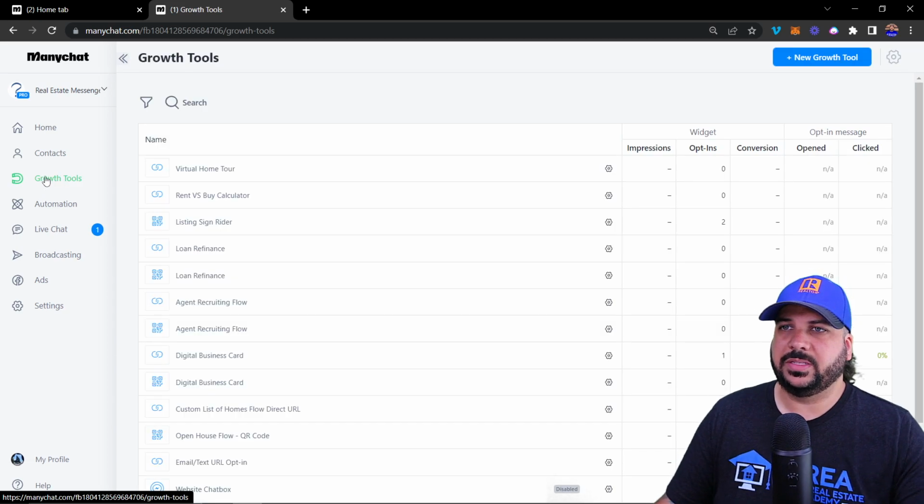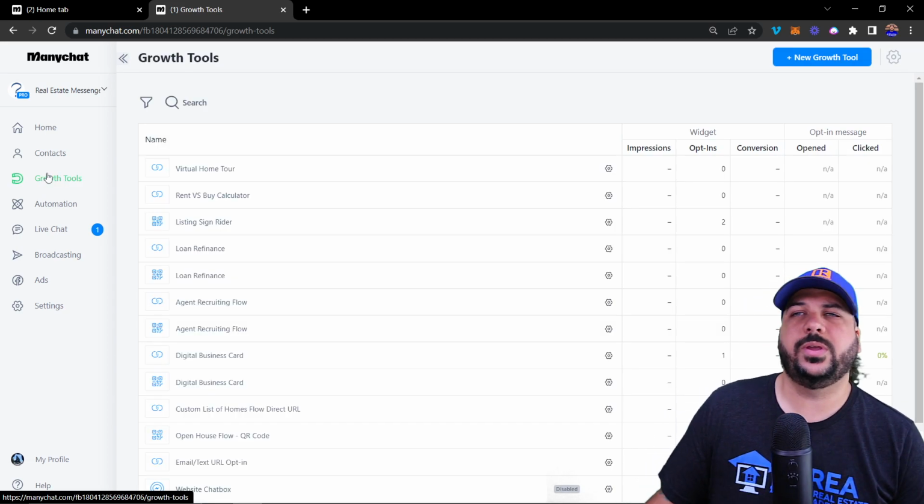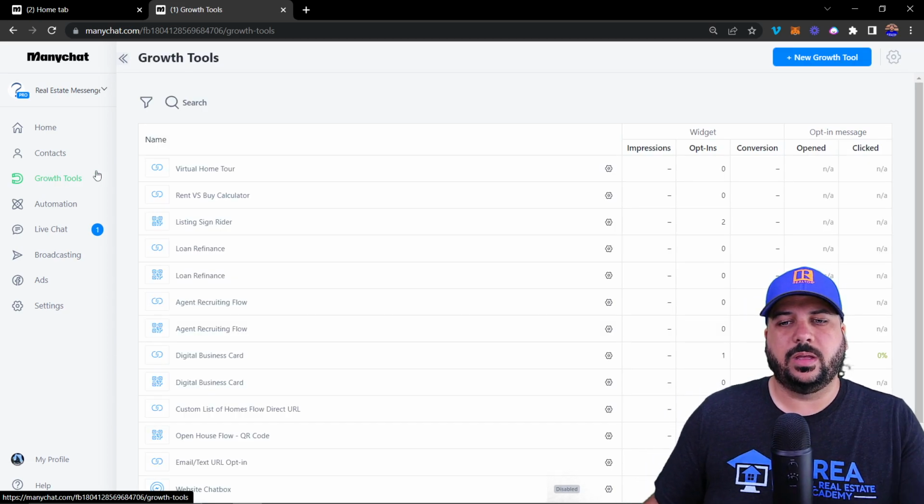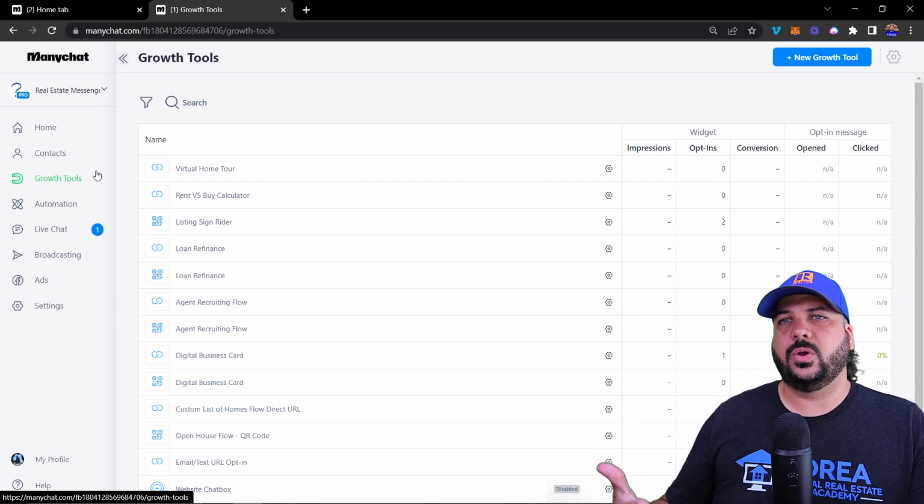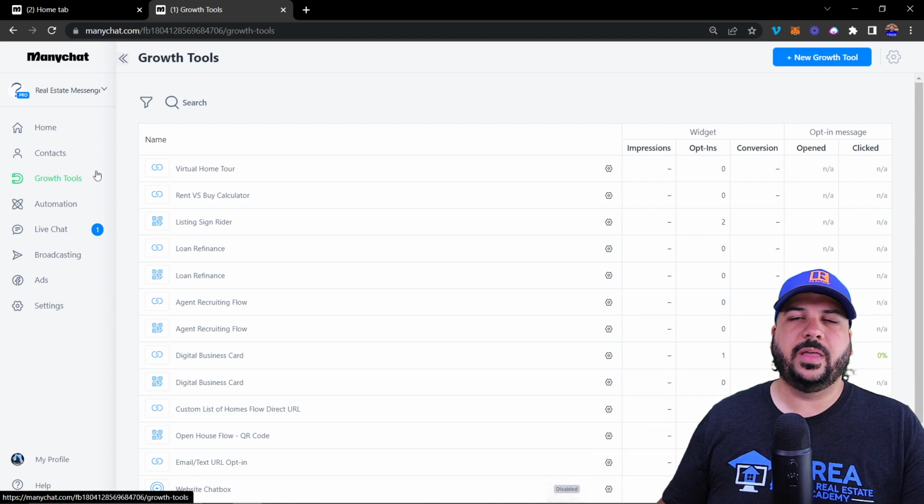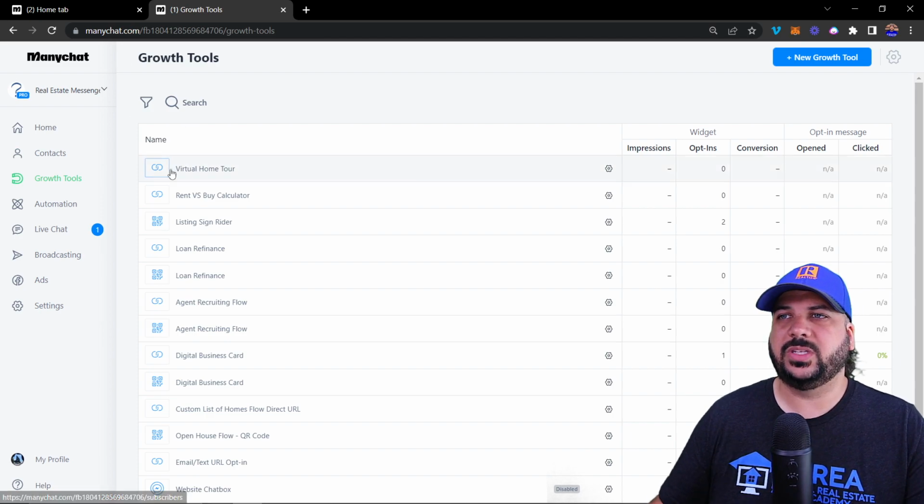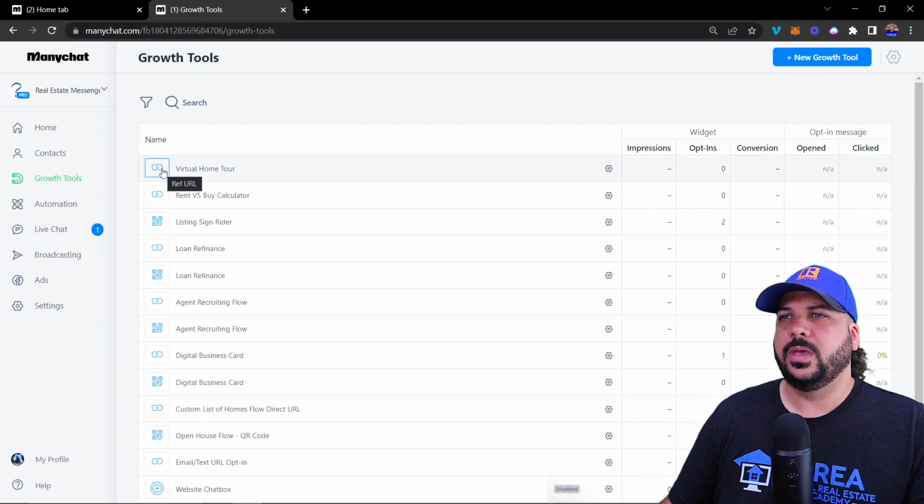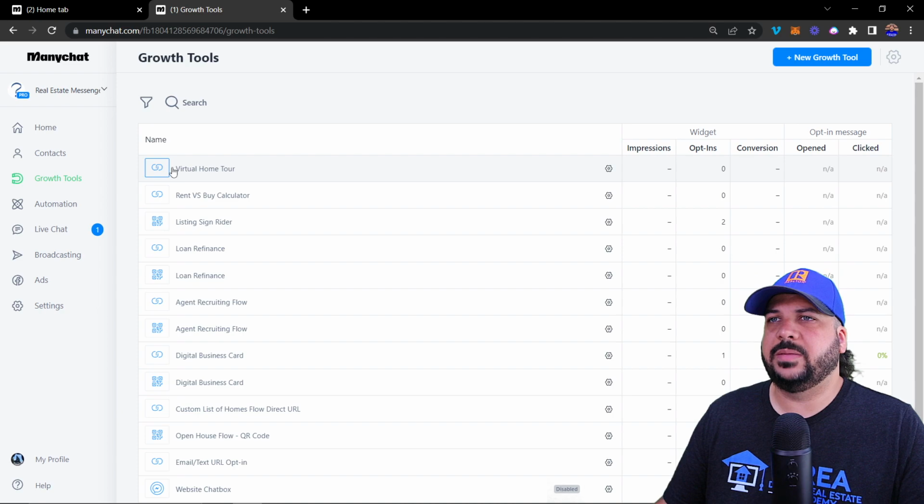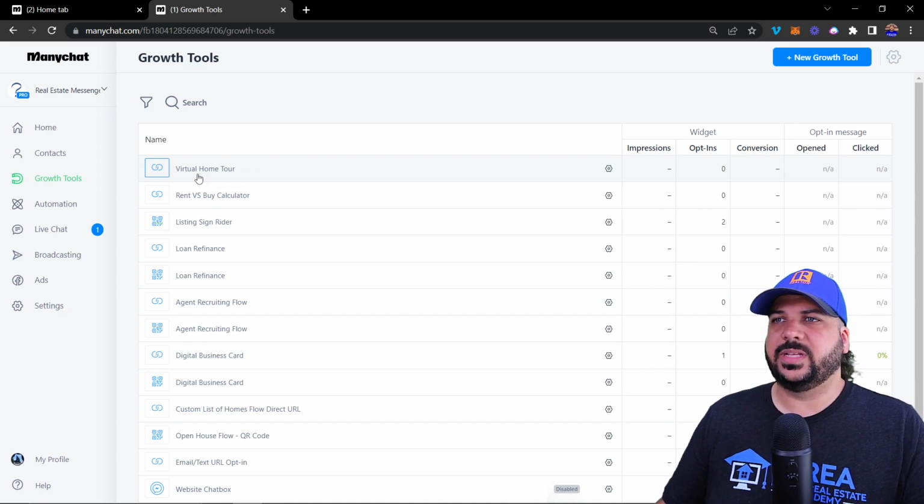But the next one is going to be growth tools. This is where you create a conversation starter, like a link that you can send people to a specific message. So we got direct links that are already created inside of the Real Estate Bot template that we offer at